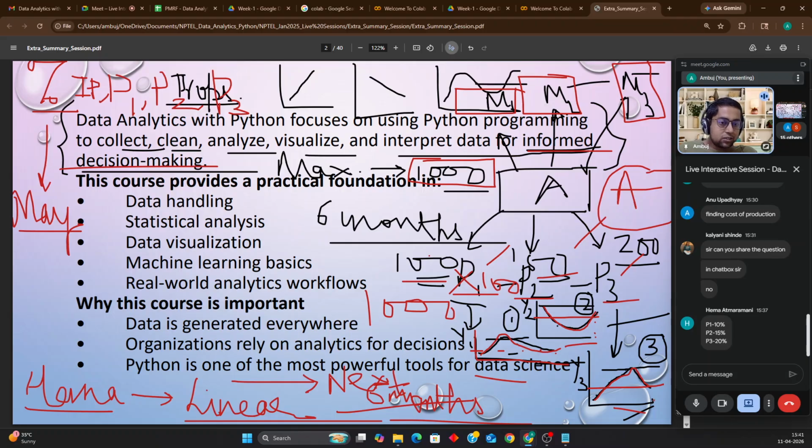The trend has also been given to you for the last 6 months. Informed decision making won't be just looking at the sales data of the previous month and assuming that the sales data for the next month will be the same. You have to do informed decision making with the help of Python programming, which we have learned in this particular course.